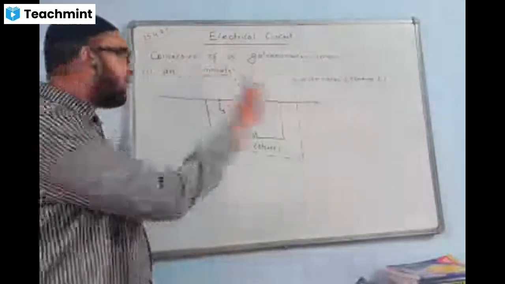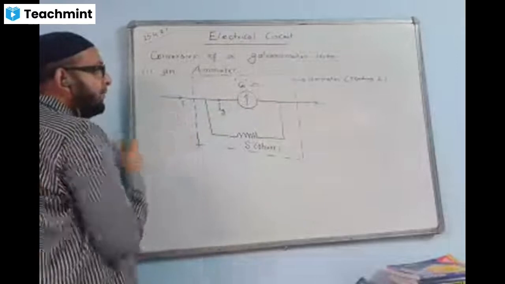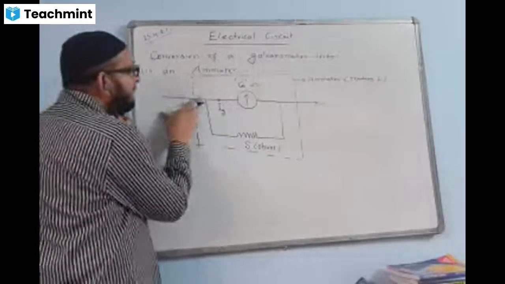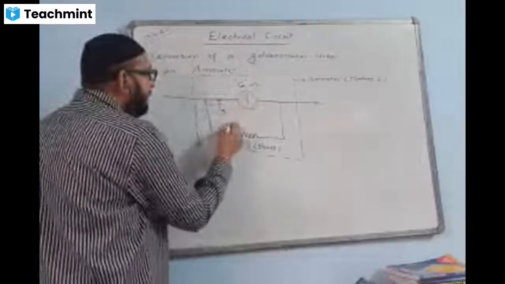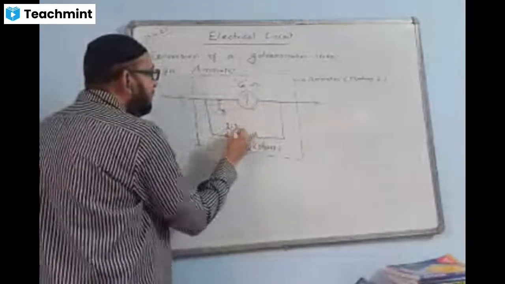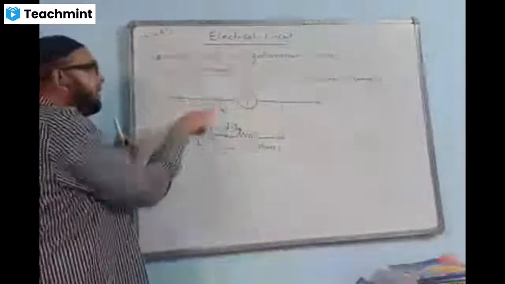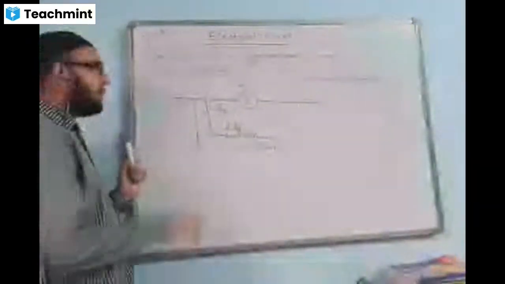Let us do the calculation for the value of this I. How can we do the calculation here? Just see, the total current I is coming here. Now it is divided into two parts. Ig will flow through the galvanometer, and I minus Ig will flow through the shunt. The total current is I, and out of that, there are two branches in parallel. The currents are divided, so I minus Ig will flow through S.